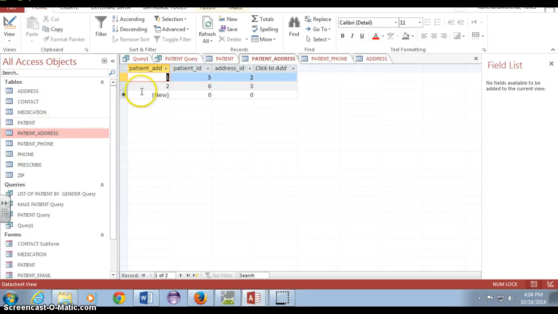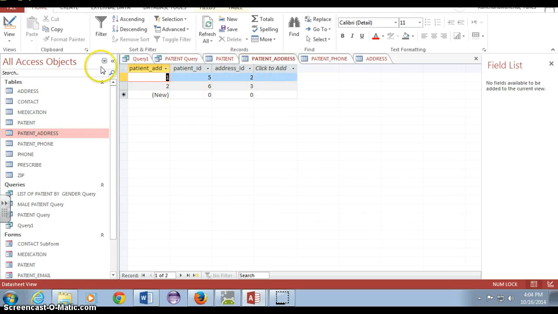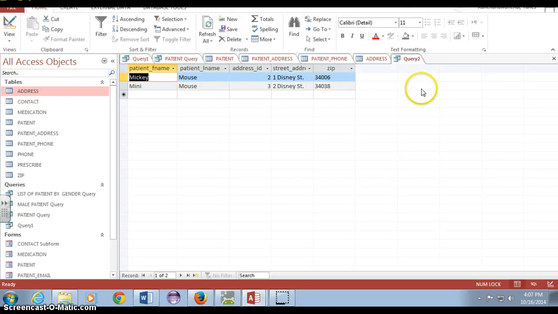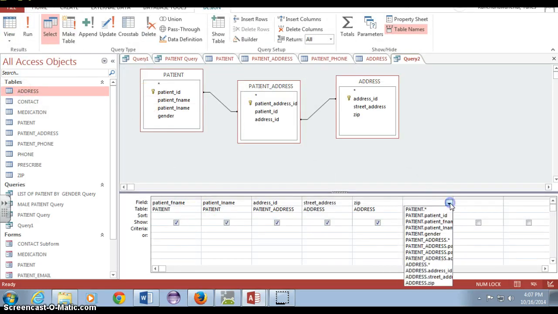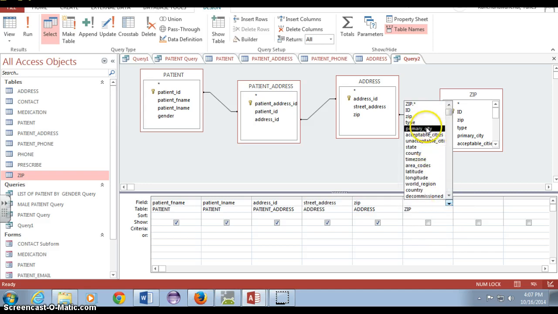Patient address 5263, patient ID 56, patient address 2 and 3. So if I drag and drop and do one by one, it should work fine like that. Okay, now if I want to include, let me show you, I want to see the city and state, right? So I drag that zip in, zip, go to the primary city,